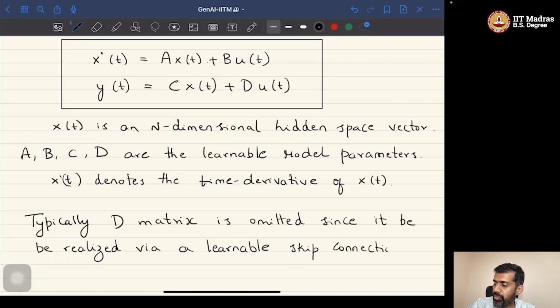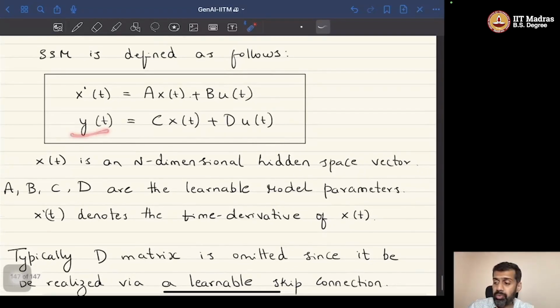Learnable skip connection. So if you closely look at it, yt is given by c times xt plus d times